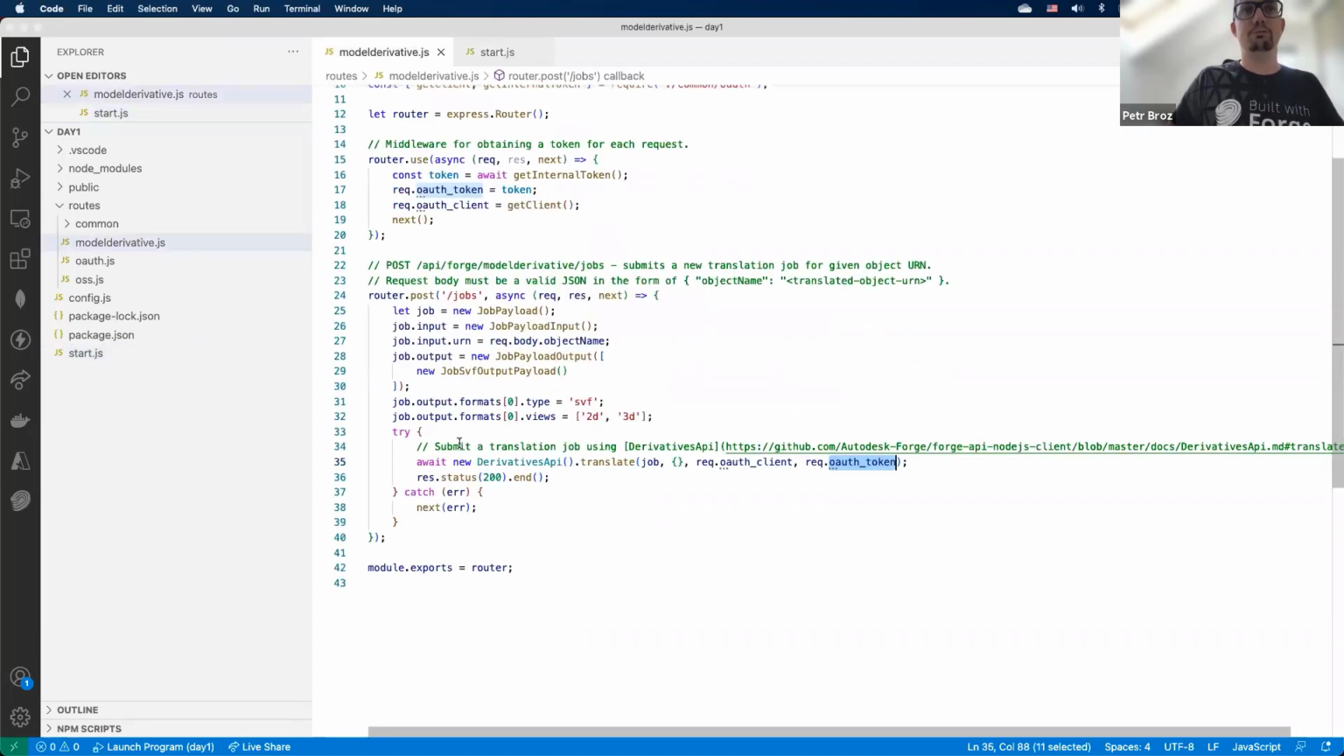So the whole thing, if we have a logic here for a post request to something /jobs, this code will basically handle any post request to this complete URL, /api/forge/modelderivative, that's the prefix we're mounted to, right? /jobs, because that's what we specify for this handler itself. And when somebody makes this request,